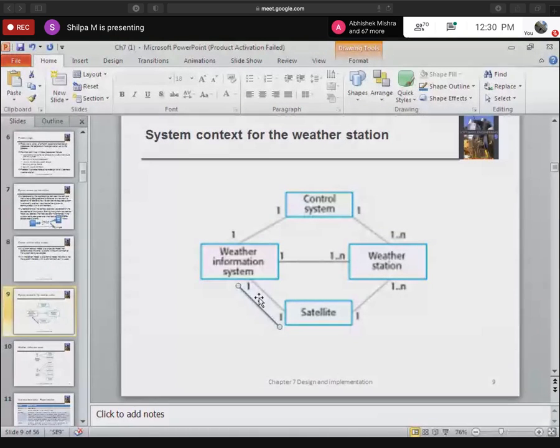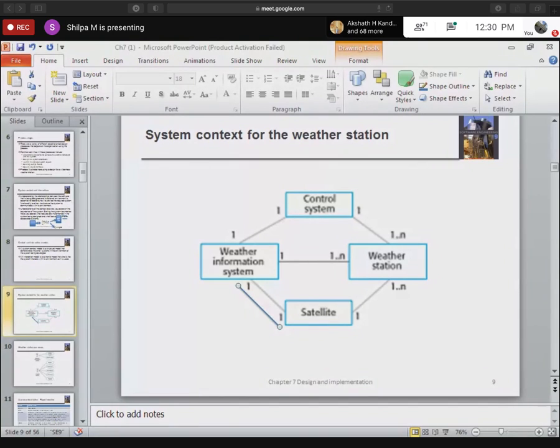What does this one and one mean? Yes, one-to-one association.